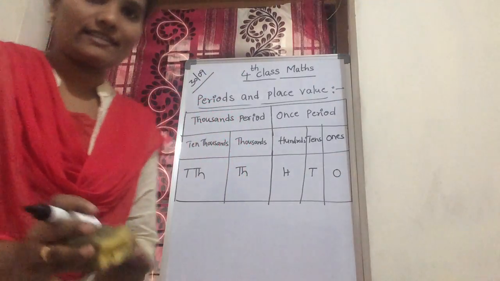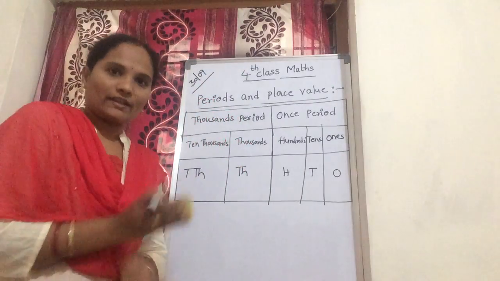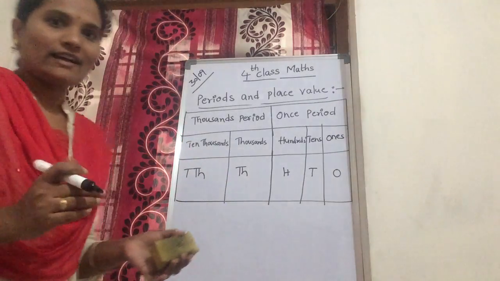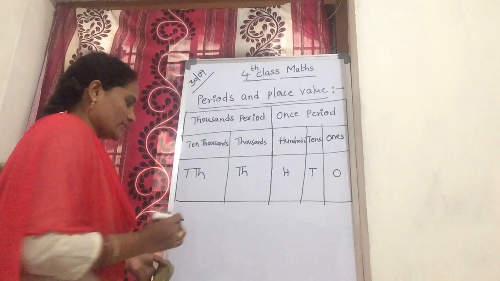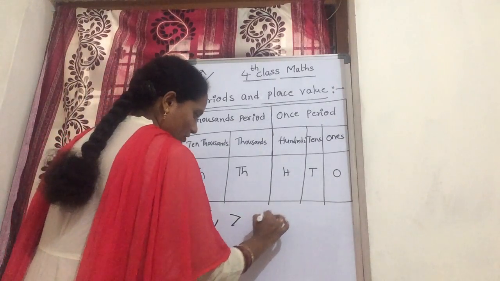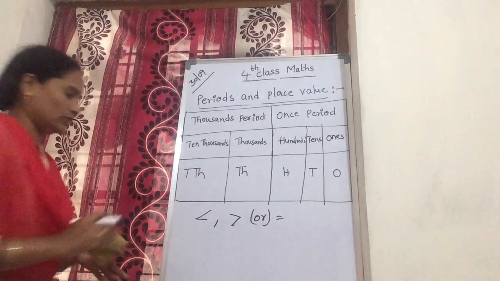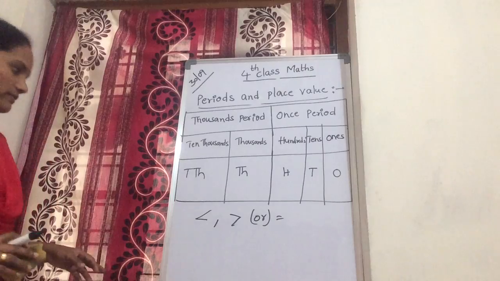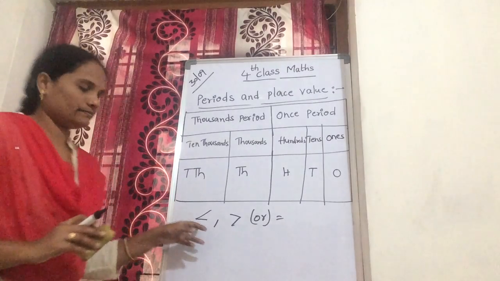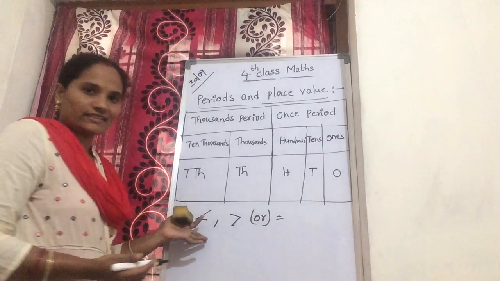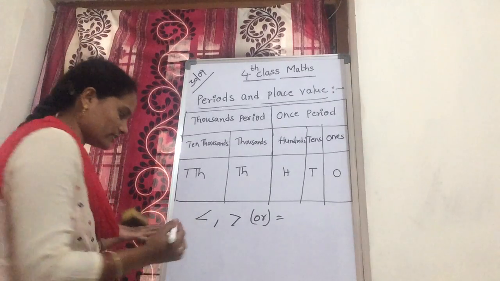Activity 1, that is in the next class. Compare and insert the symbols. I will explain the symbols. What is this? Before this class, you learned these symbols. How to read them? Where do we use them? For example, what is this symbol? You don't know what this symbol is. I can't read this one.